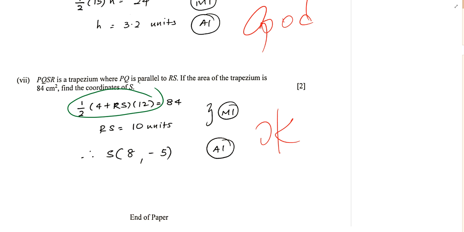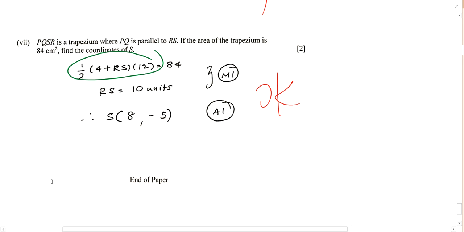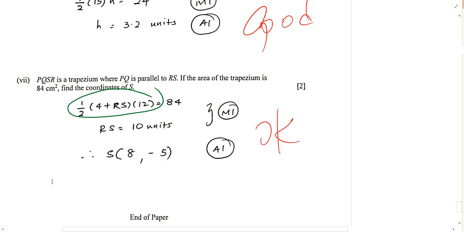In this case, the parallel sides, we've got RS as well as PQ. And PQ, the length is 4. Multiplied by the perpendicular height, 12. So RS being 10 units, go back to your diagram, find where the coordinates of S are, given that RS is 10 units. Yes? I thought this question